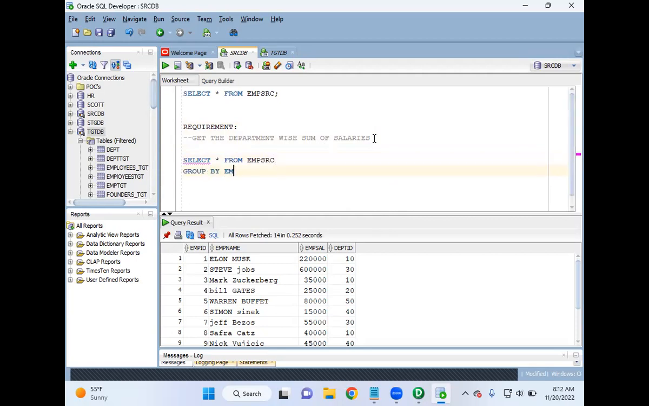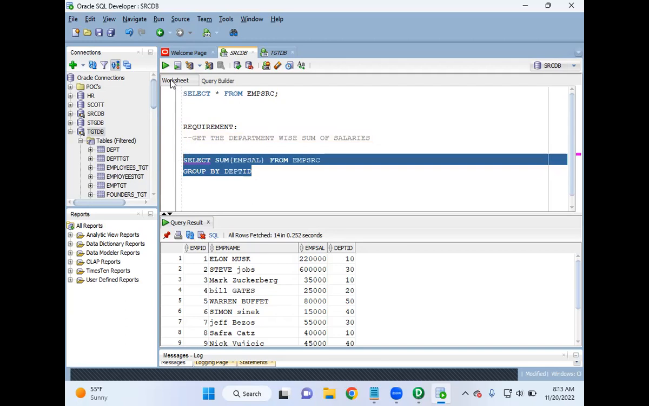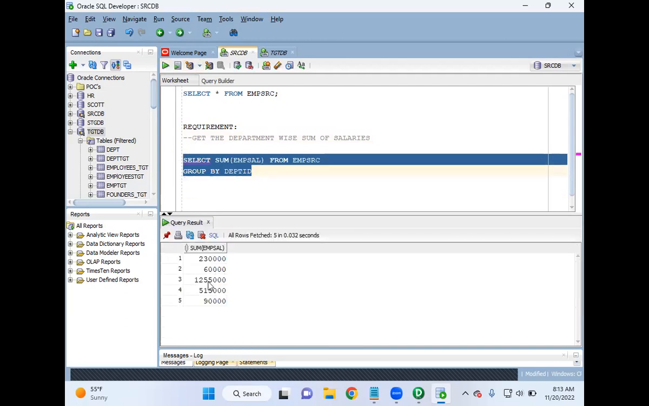Group by department ID, because they're asking for department-wise sum of salary. The department column which contains departments is department ID. That's why I'm doing a group by on department ID. And what is their expectation? They want the sum of salaries. So just use the aggregate function SUM of EMP salary, the column which contains salary values. That's it, an aggregate function. We got the sum of salaries for each department, but we don't know